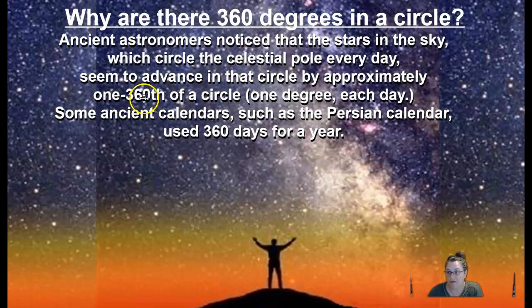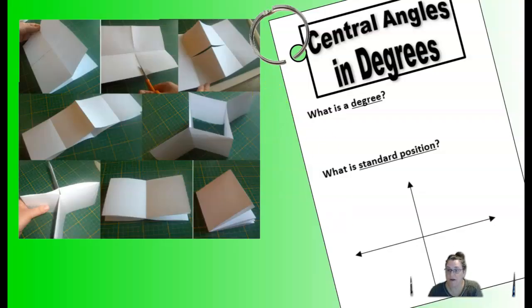It's 1/360th part of a circle. That was 1 degree for each day on the Persian calendar. So now our modern calendars have 365.3 days because of the leap year. So that 360 days really was just an arbitrary number based on observations of the movement of the sun and the stars. So that is where degrees come from,